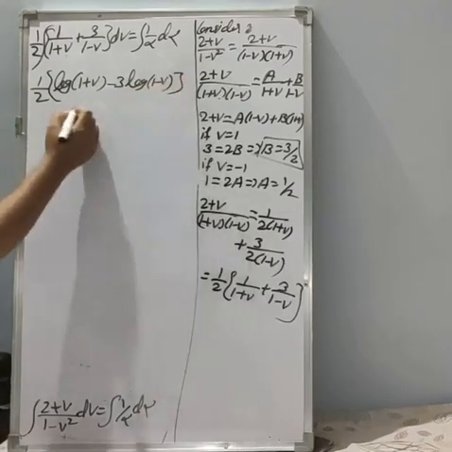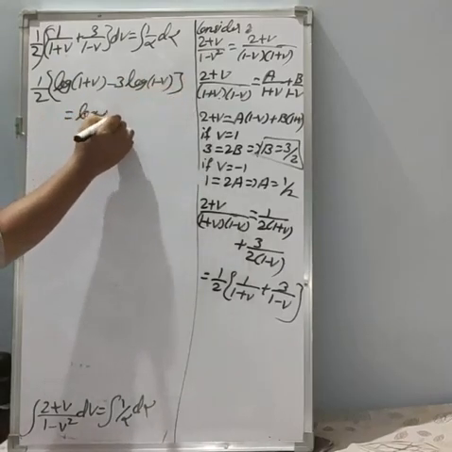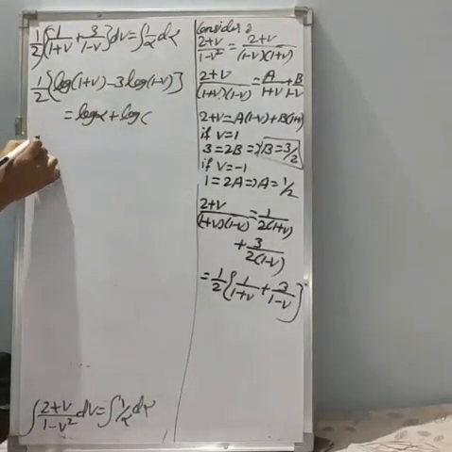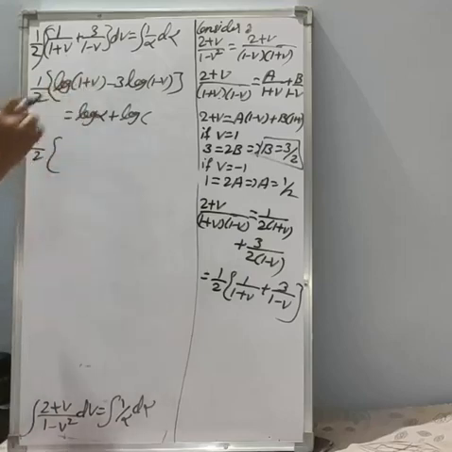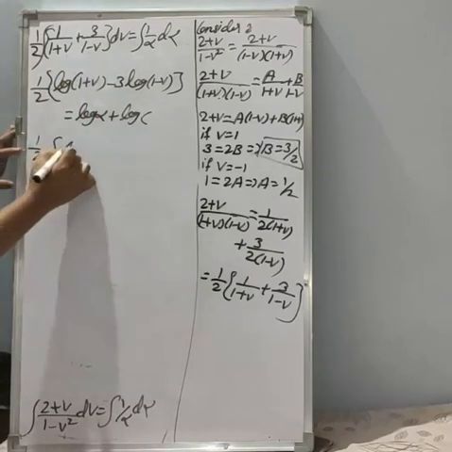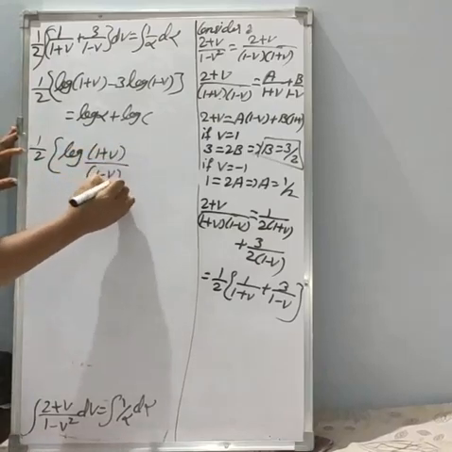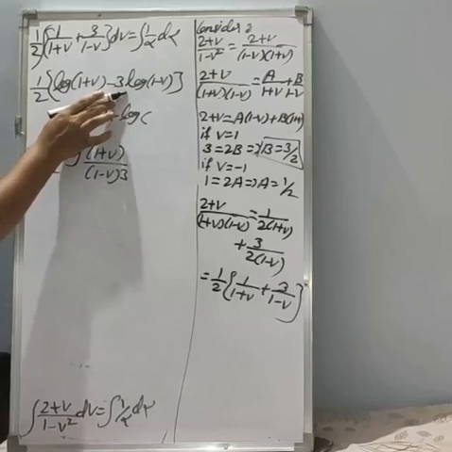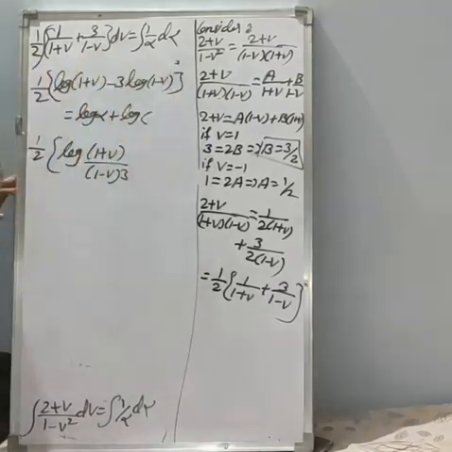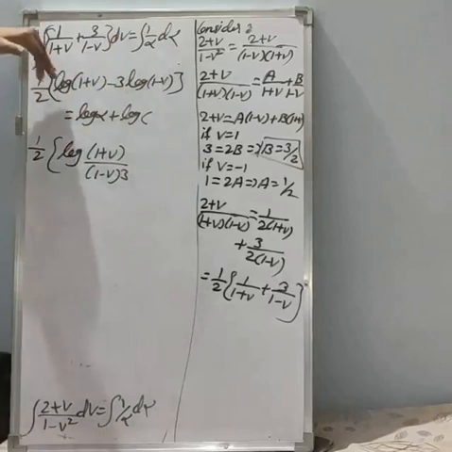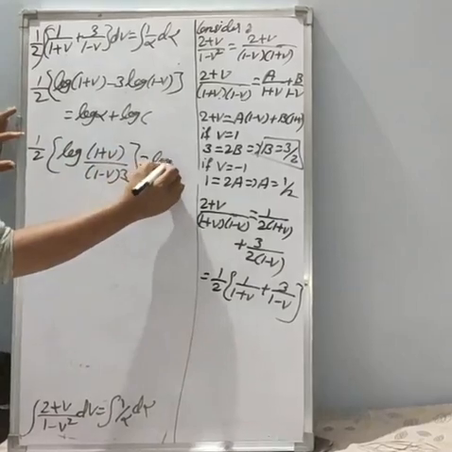So this is equal to the integration of 1 upon alpha, which is log alpha plus log c. Now solve this. First write down 1 by 2, log 1 plus v minus 3 log 1 minus v. Now we can use the logarithmic rule here, okay? So I will write this as log of 1 plus v divided by 1 minus v whole cube, because using the logarithmic property, this is log of 1 minus v raised to 3. Right? So then it is in the form of log m minus log n, so log m divided by n. This is equal to log alpha into c.